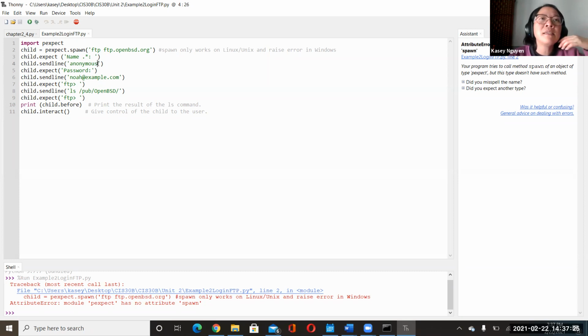But in the case that you have a login, then you can put in whatever login credential information you have. So when we use sendline here, it should be the next task after the expect. Then for the second field, we are going to expect password.